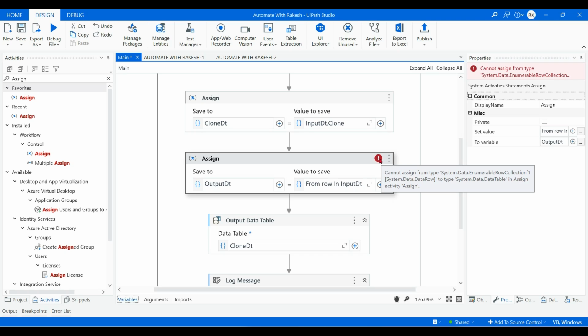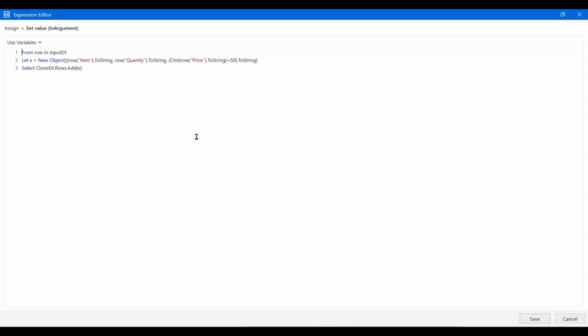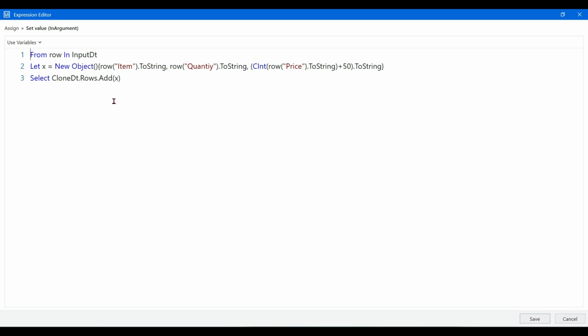What this error says, if you read the gray box, cannot assign from type System.Data.EnumerableRowCollection of System.Data.DataRow, because the query that we have written is dealing with data rows. Very important. It is only dealing with a collection of data rows. To type System.Data.DataTable, so here your variable is a data table variable, but the syntax here is just a collection of data row. It is not really a data table. So what you do here in this case,